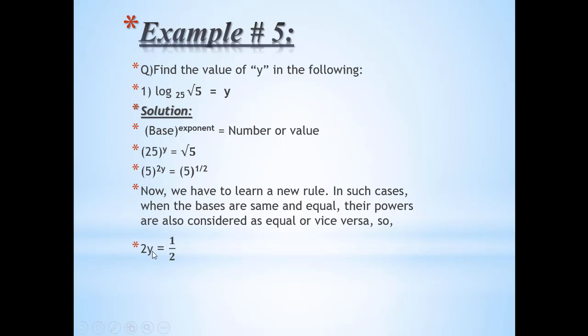Now finally, as we see that 2 and y are multiplying with each other, so we just have to shift this 2 to the right hand side, and 2 will become a divisor of this fraction. So 2 times 2 is 4. So our final answer for y is 1/4 in this case. Okay,